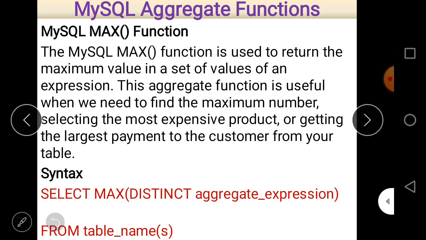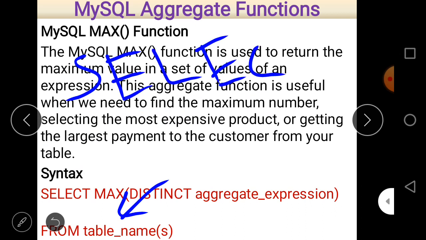Now one thing should be remembered: if you don't have a table name and you just want to find the maximum value, or perform different types of mathematical calculations among which you have to find the maximum values using the max function, it is also possible. For that purpose, first of all just write select.